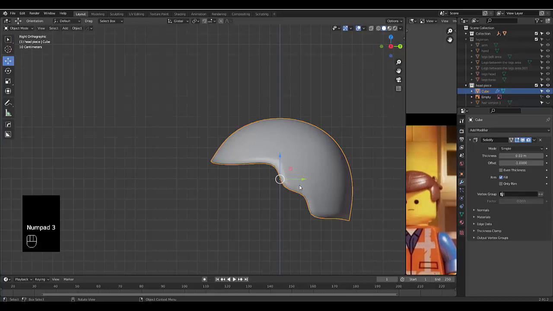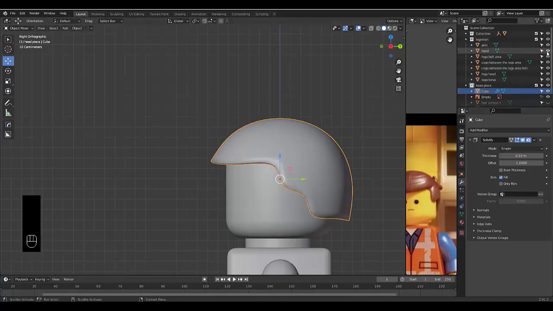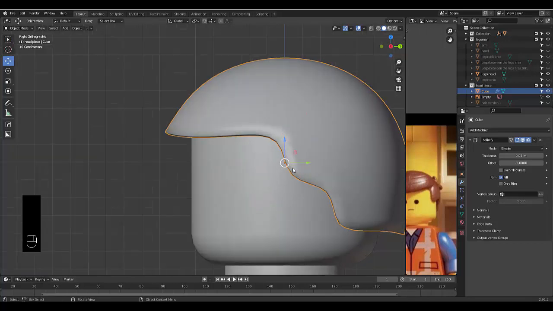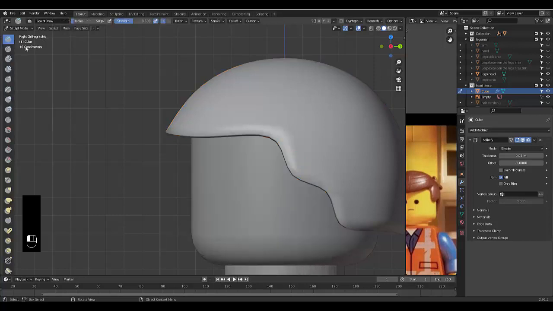Now I'm going to press numpad 3. The only thing I'm going to turn on here is the head. The rest is going to go off, so I get no distractions. So the first thing I want to do now is press object, go to sculpt mode,